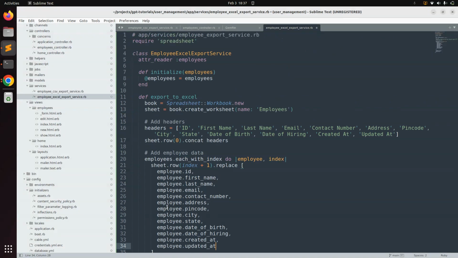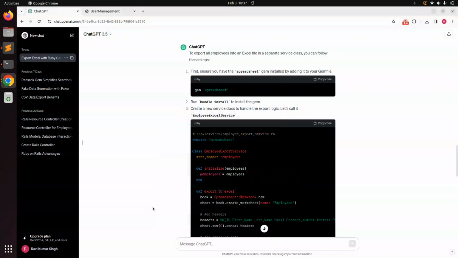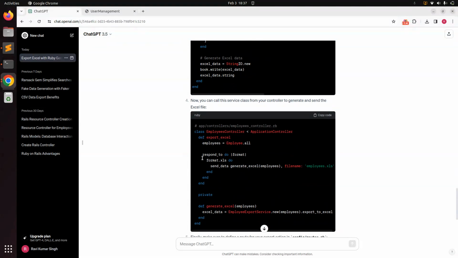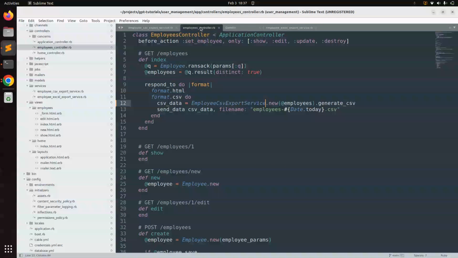Okay, and then the next thing we need to do is go to the controller format. Here you can see that it is doing this in a separate action, that is export excel. But we want to do this using the format.xls format within the employees controller's index section, like we did here. So here you can see respond to format.html, format.csv, and then similarly we need to use